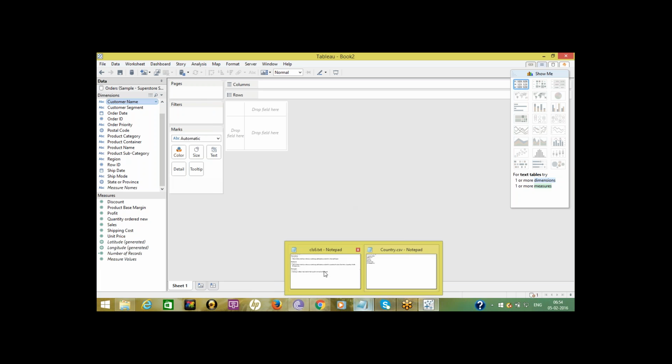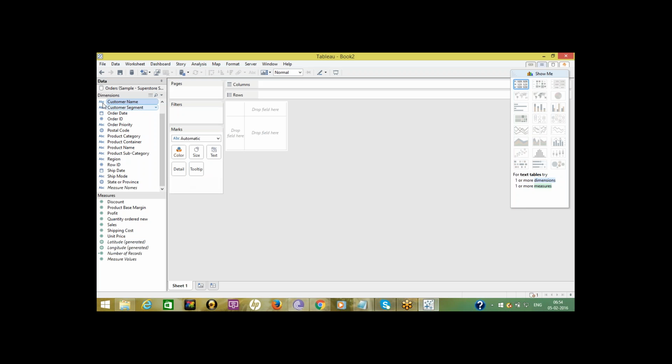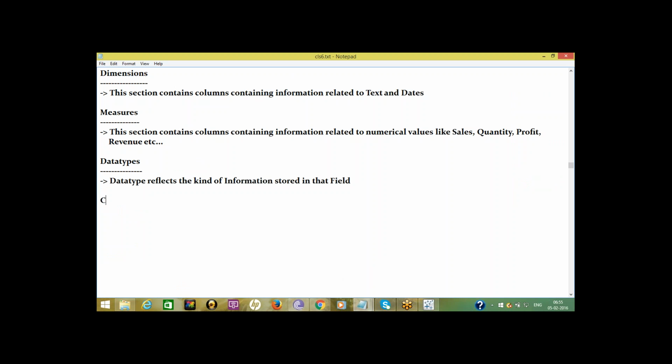The default data type is identified automatically based on the source data. If you want to change it, we can.